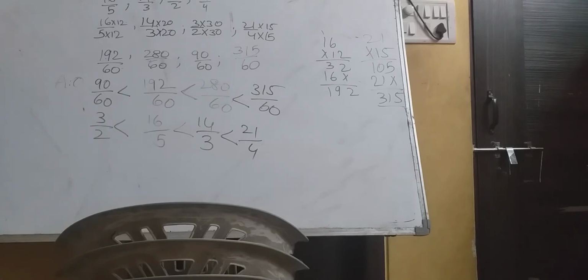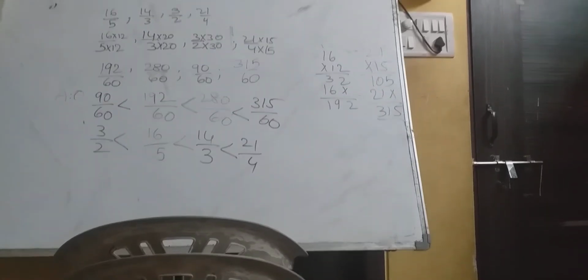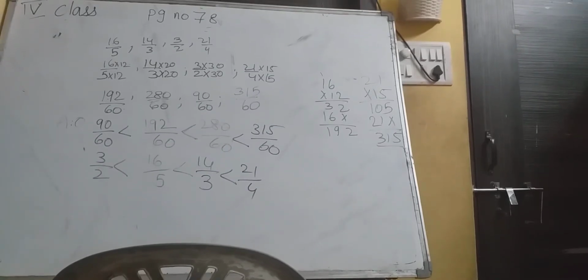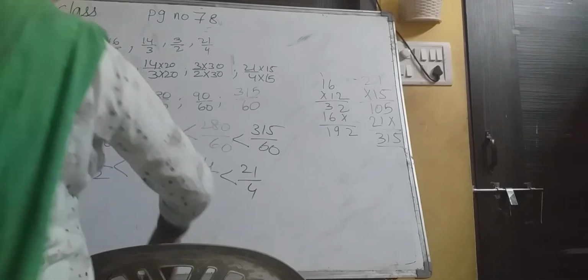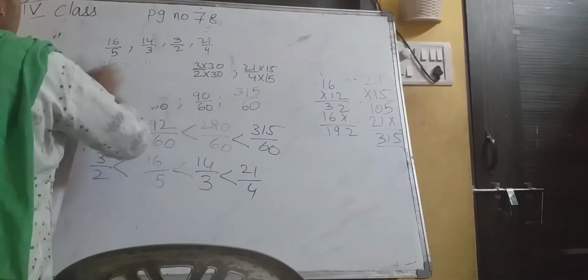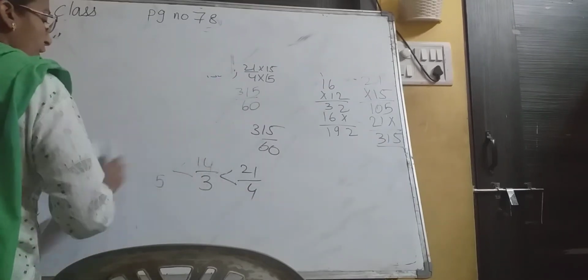In the descending order also I am saying one more sum. In the descending order, you do the same sum. Do the same way you are going to do in the descending order also. I am going to say one more problem in the next bit. How to do in the descending order, children.